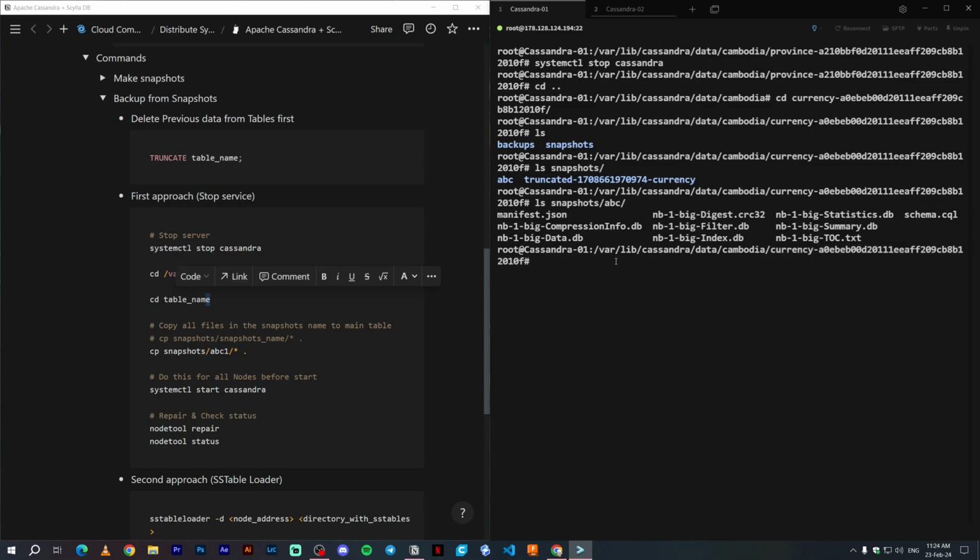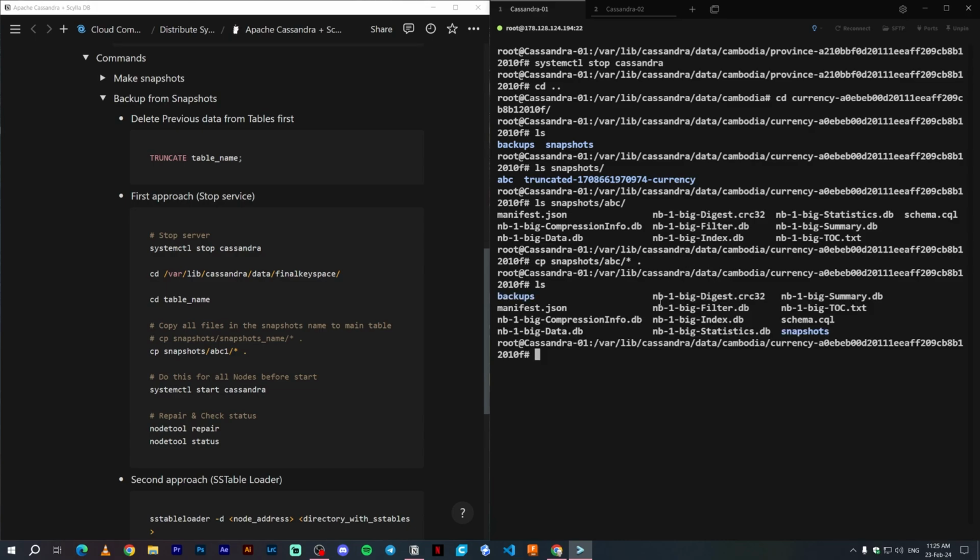Earlier you could see the data there and it was gone when I deleted it. When you copy this data back into the folder, it will show the data again, but you need to copy for all the nodes. So let me run cp snapshot, which means copy from the snapshot folder ABC all the files in there to this directory where I'm standing. Once the copy is done, I can list it. There you go, and it will show you the data. But the manifest.json is not important. You can just remove the manifest